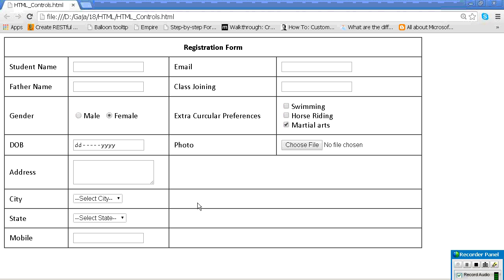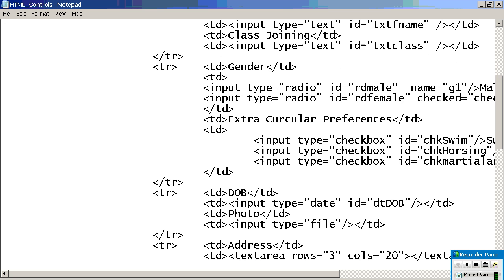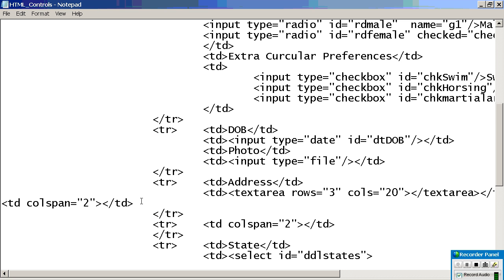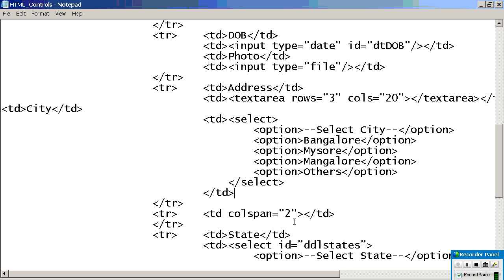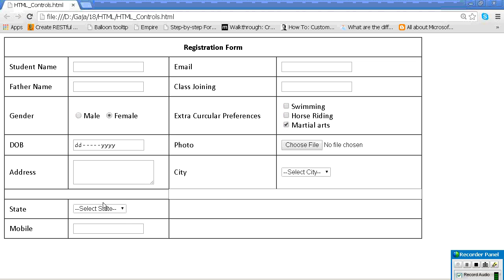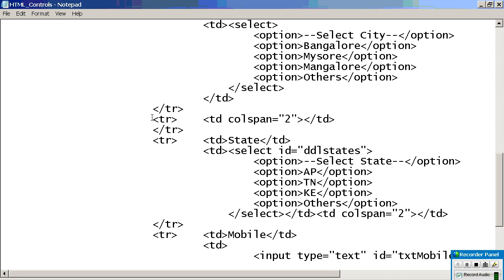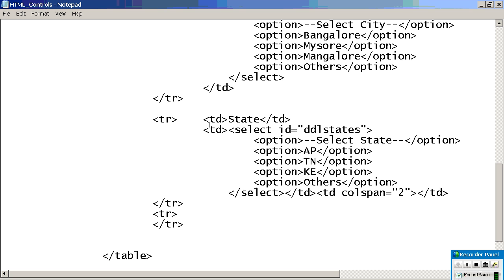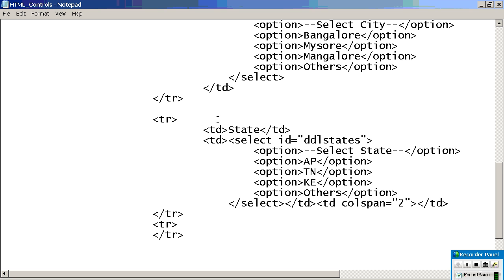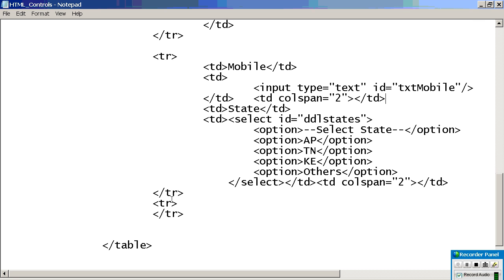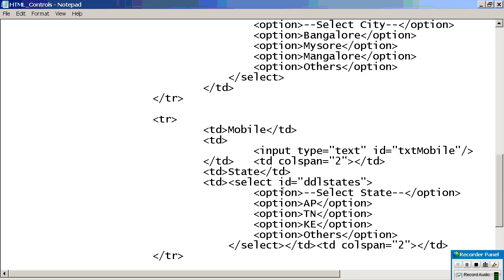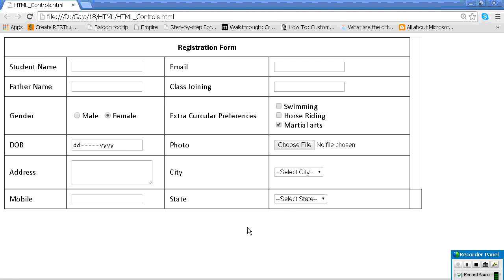If I don't like to have it like this, I will move city to here. Mobile ID. It looks better now.